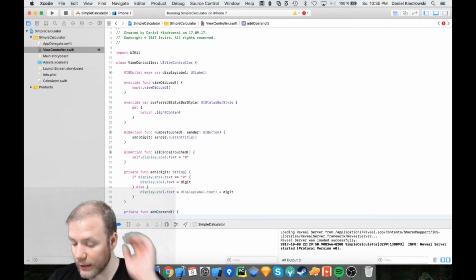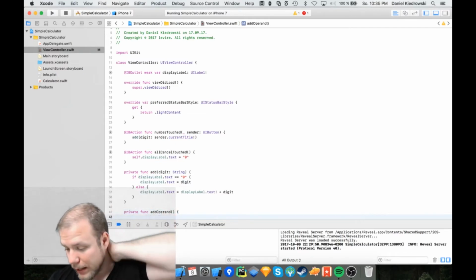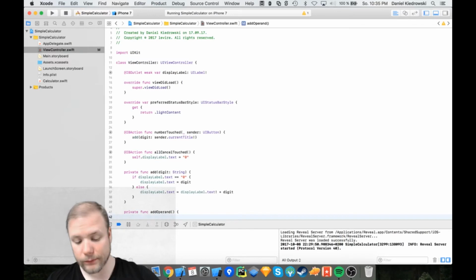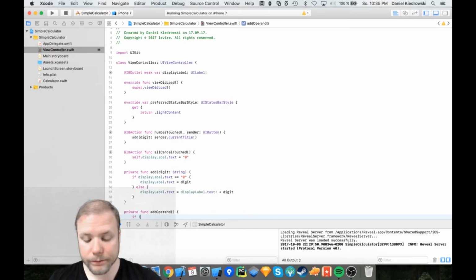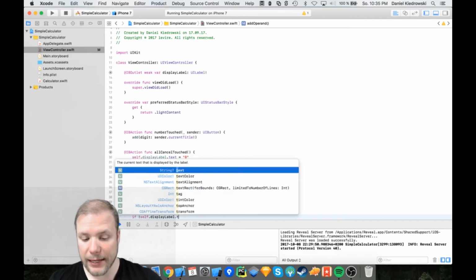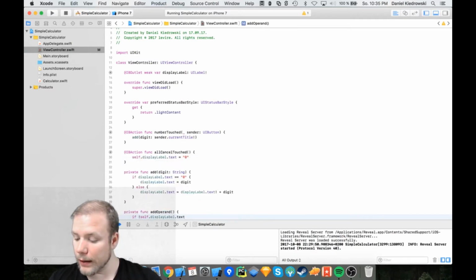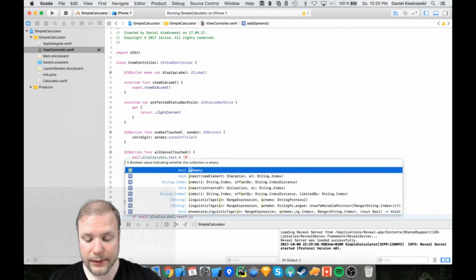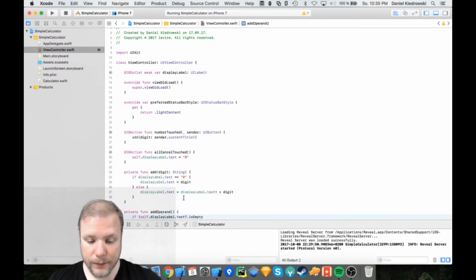So this function is basically doing: if self.displayLabel text, question mark, is, so we know it's never empty. So if it is not empty,